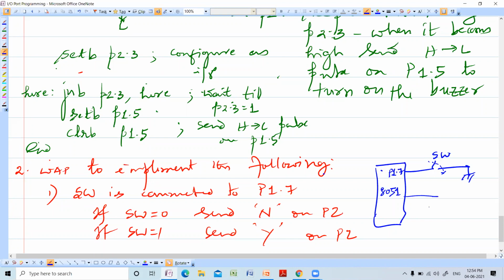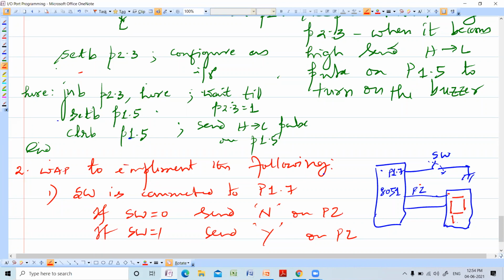So this port 2, this is your P2. This is connected to a 7-segment display, which is displaying the letters. It is like this.